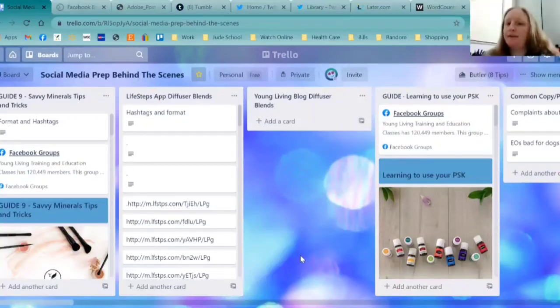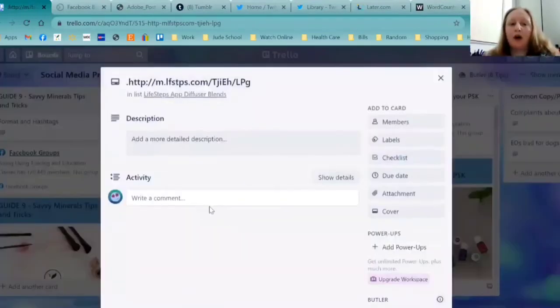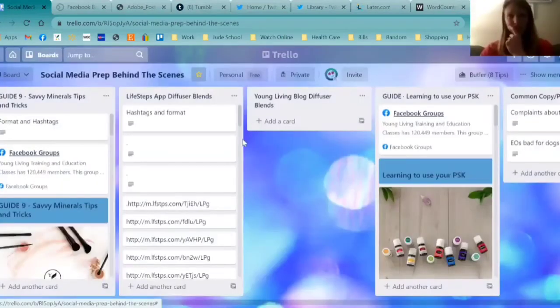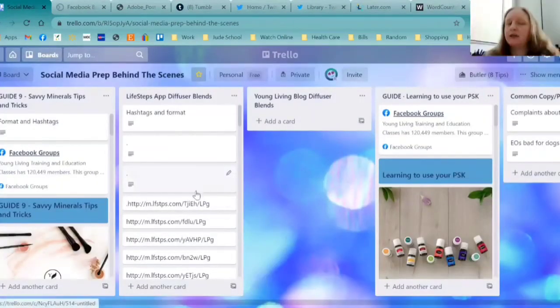I'm pretty sure if you went to the public one and just copied straight out of that, it would let you copy it. I know it won't let you edit it in any way. It shouldn't, at least, because it's a public board. But I think you should be able to open a card and highlight the text. That should work for you. And then you can download the picture. If not, you can just make a copy of the board.